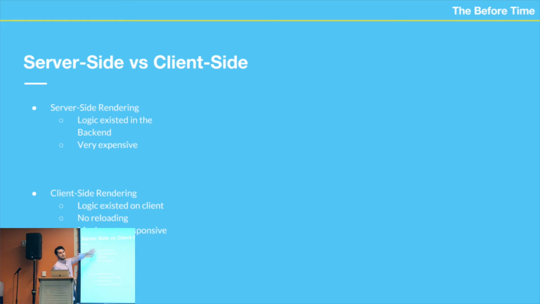That used to happen on the server. Now it happens on the client. The reason why it was expensive: let's pretend you have your little website that unfortunately is just you and your mom that visit, right? And that's not really that expensive. But if you think about Facebook or YouTube, they did server-side rendering. Imagine having to spit out the entire web page for millions of requests every single day. It's pretty expensive. So that's the reason why client-side exists.